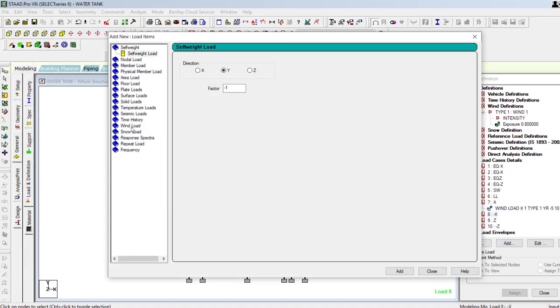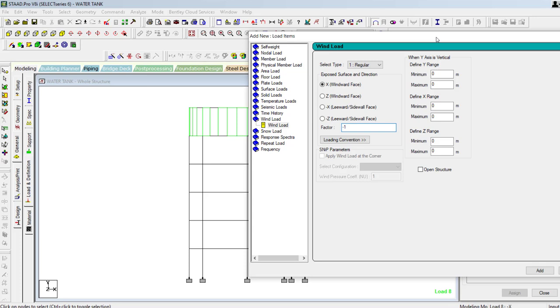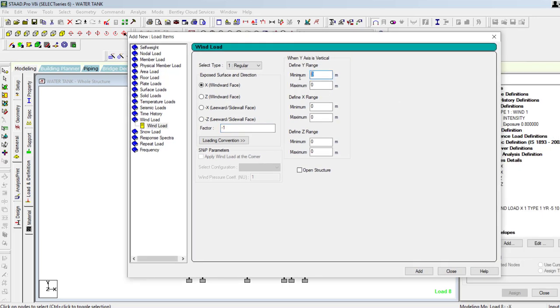Again for the -x, we have to add the windward, -1, same value, -5 to, even you can go directly to the 15 meter.